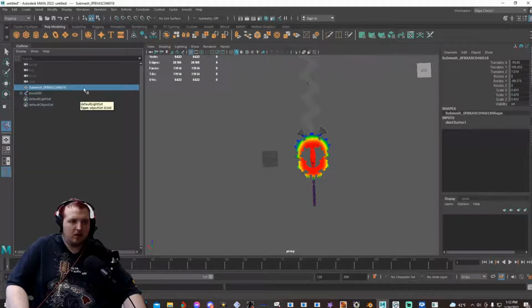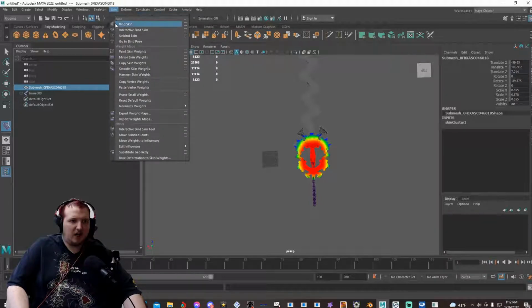And then select your keyblade mesh in the outliner, which is this right here. And then go to skin again and go to paint skin weights again. Then what you're gonna want to do is